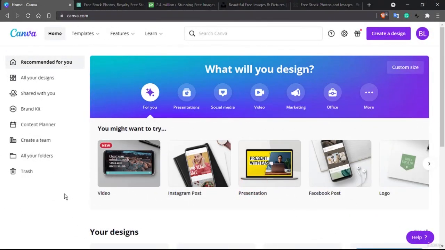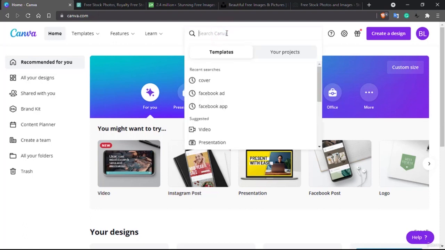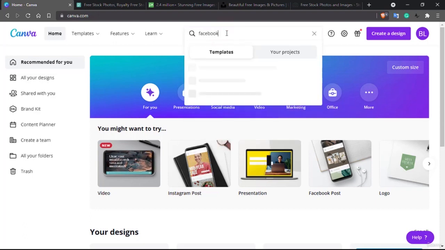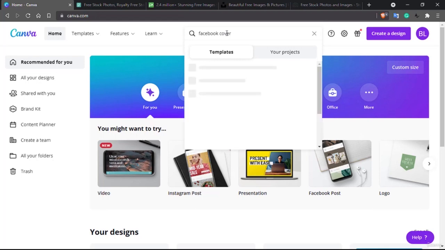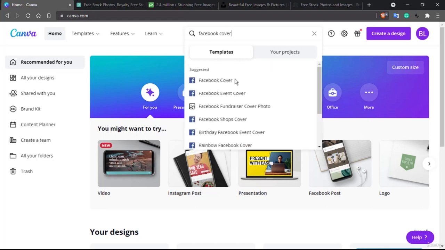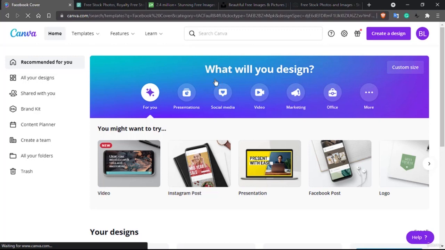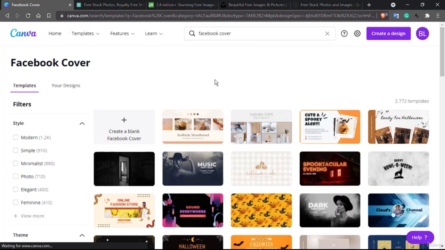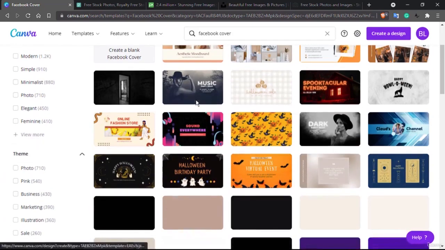Welcome back. So now let's start creating our Facebook cover in Canva. So let's open Facebook cover. Mostly we use Canva because it provides us the right dimension for what should be used. So here is Facebook cover of 1640 by 924 pixels. So let's open that. Now for the Facebook cover, this is actually fairly simple one, but you can see this